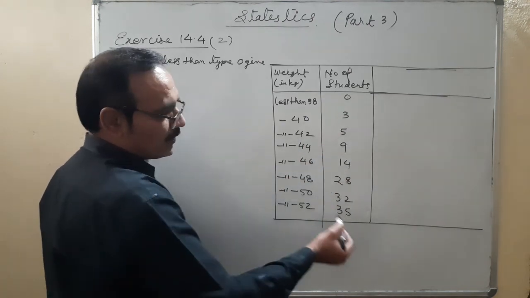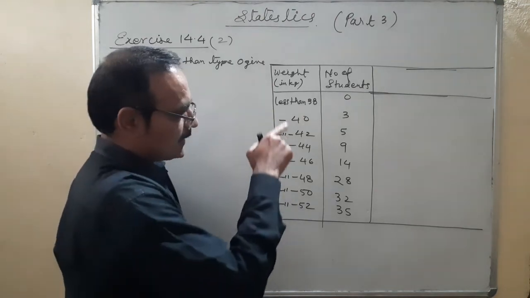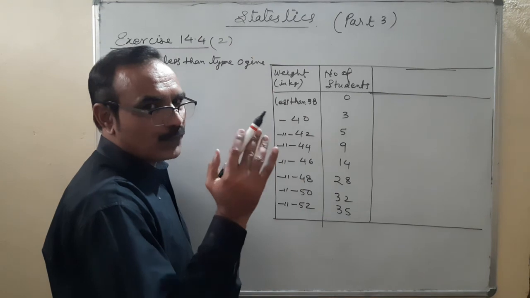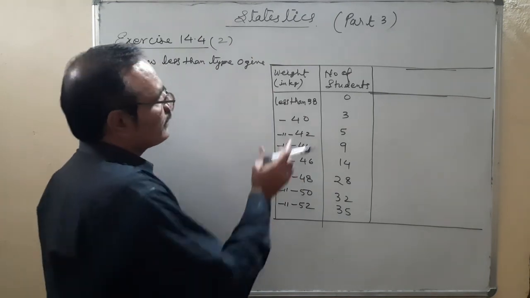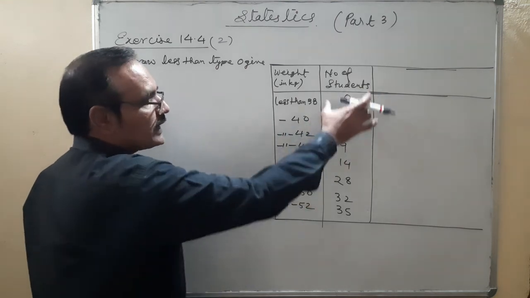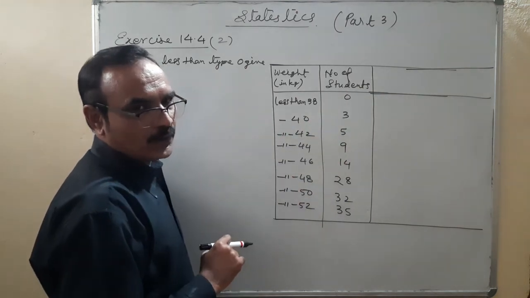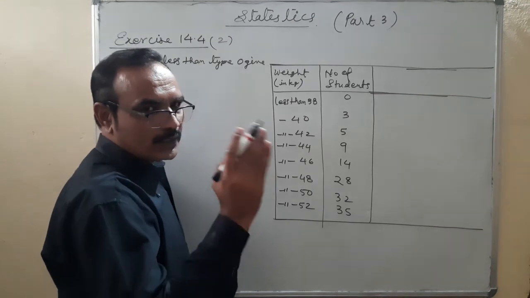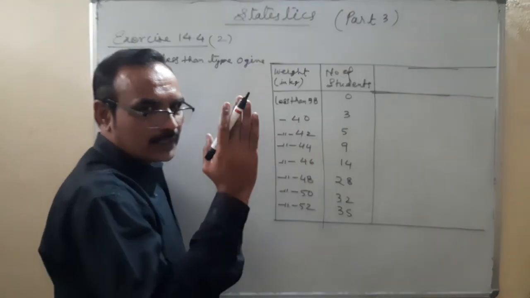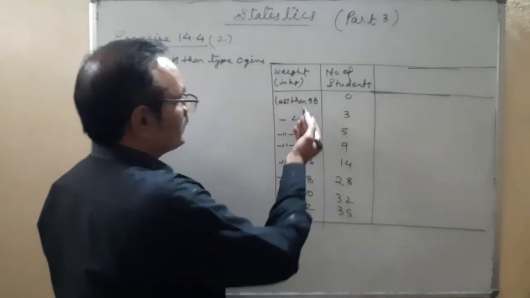This, which column is this? Generally, we use the term frequency for the second column, but this second column is not frequency, it is cumulative frequency. Whenever the column is coming in the form of less than or more than, the second column is always treated as cumulative frequency. Frequency column is only that column which is coming in front of the class interval. Is that okay?